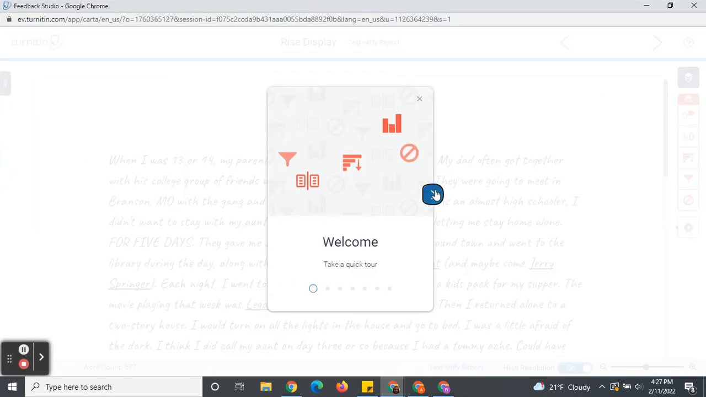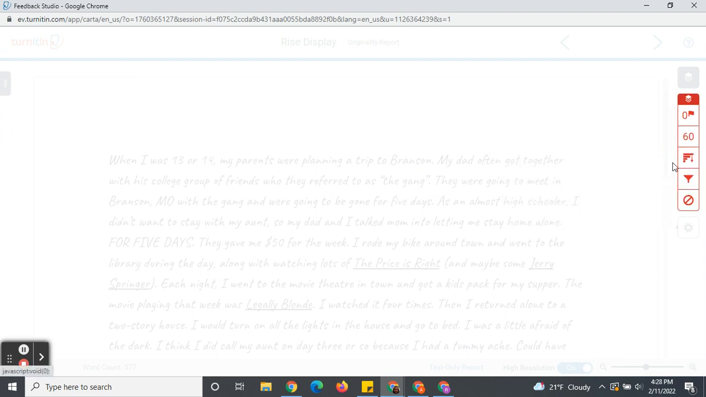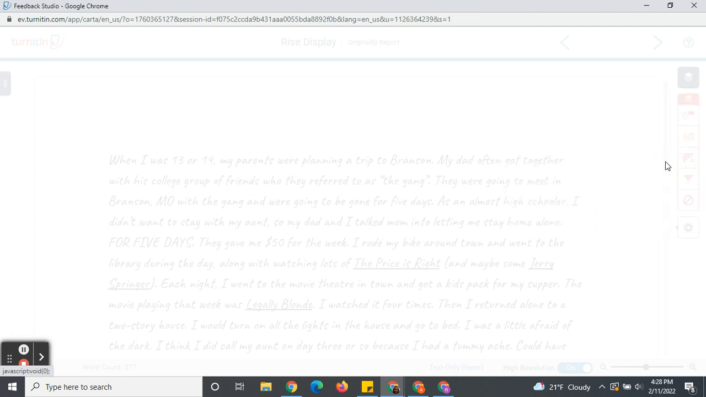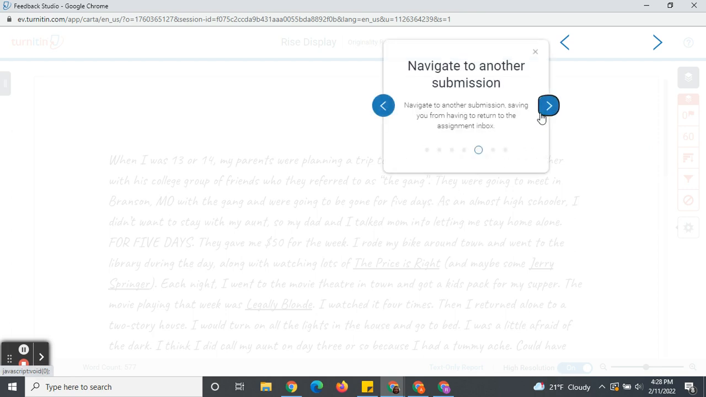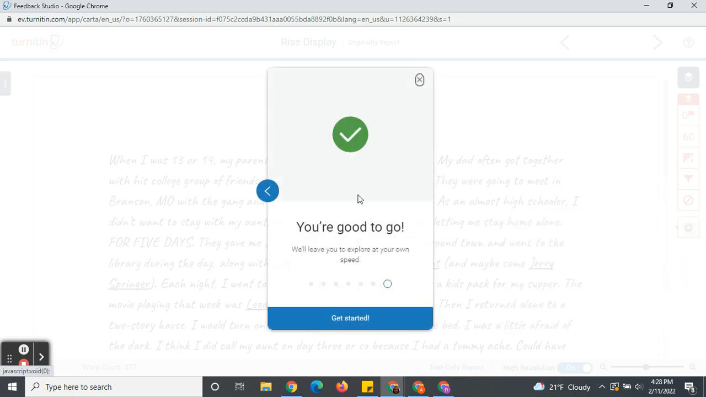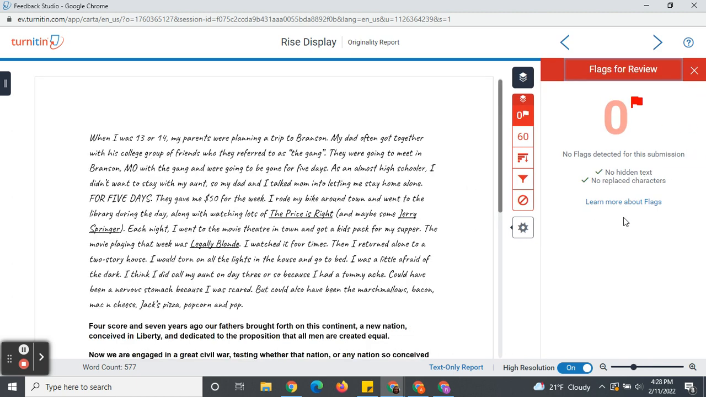And so the first time through, you'll take a quick tour or click on the thing. So we've got review flags. I can tell you the overall similarity. We can use the original text and navigate to other papers. So we can go through and we can download it if we need to. All right, so if I had more students, I could use these arrows and go to their next paper. So no flags to review,